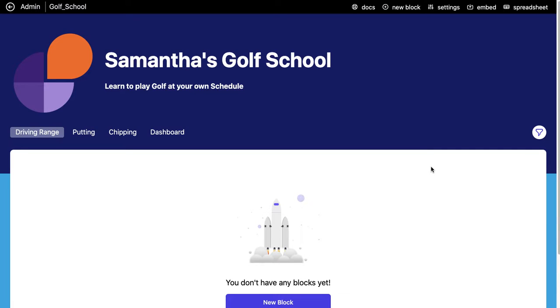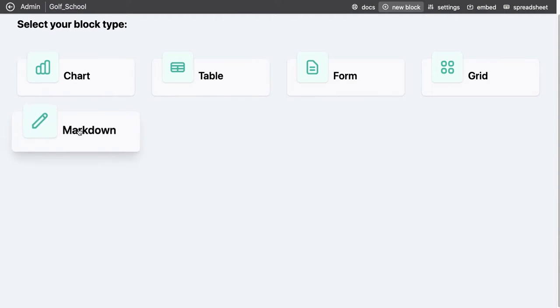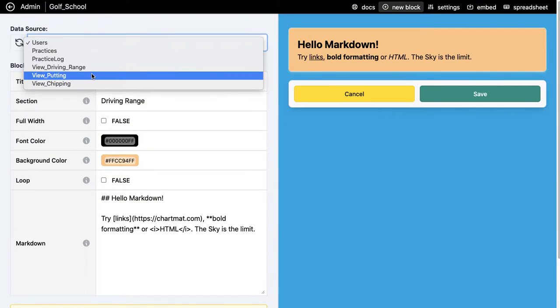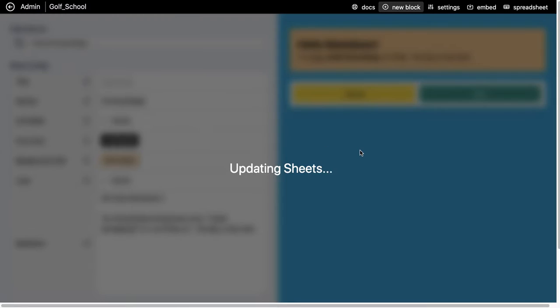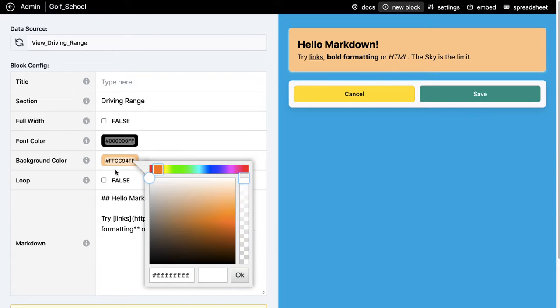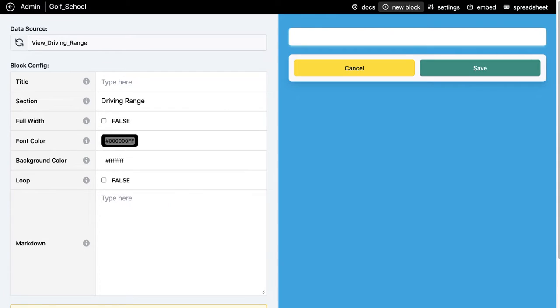from Chartmat, and in this part of the tutorial we're going to set up the view for our practice program. We've already prepared the view in Google Sheets. Now we can just create it through a Markdown block. So we go to driving range, refresh, the background can be white,